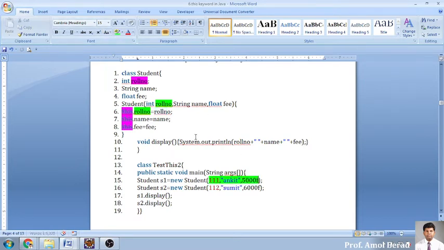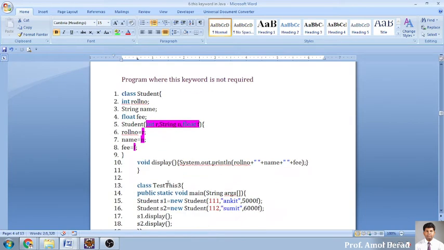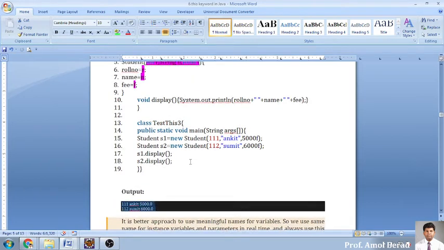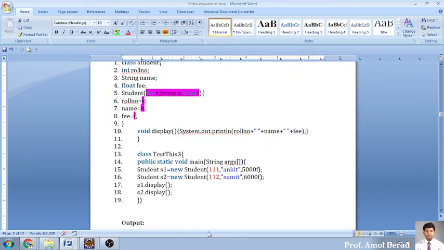Okay, so it is very difficult to decide when to use this keyword and when not to use it. If you don't want to use this keyword, an alternative is there. You just change the name of the variable and you will be getting an output. No problem about the output. The only difference is that the name should be different: the name which you have written into the constructor and the name of the variable which you have written within your class should be different. If that is there, then only you will get an output like this one. Is it clear or not? When to use this keyword and when not to use this keyword, clear or not? Yes, sir. Okay.